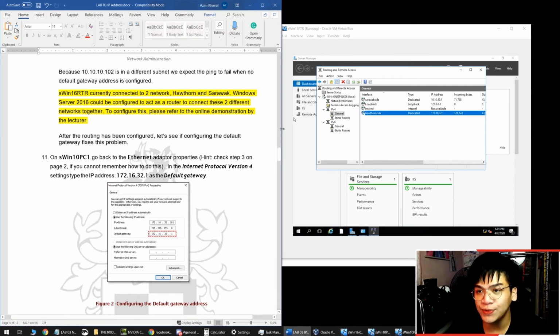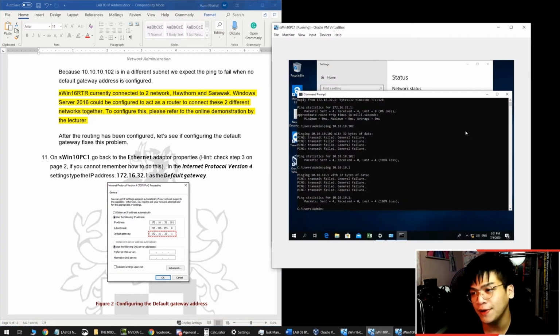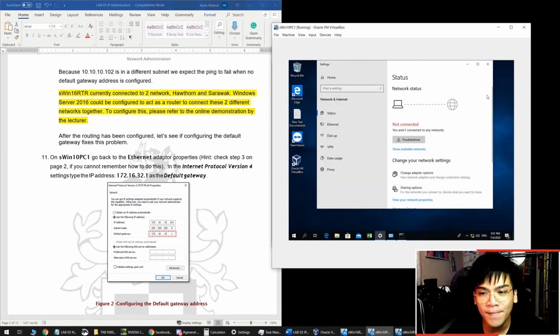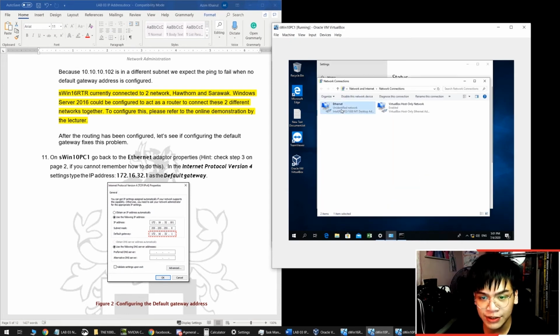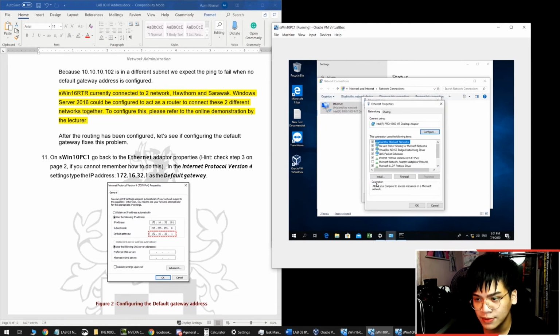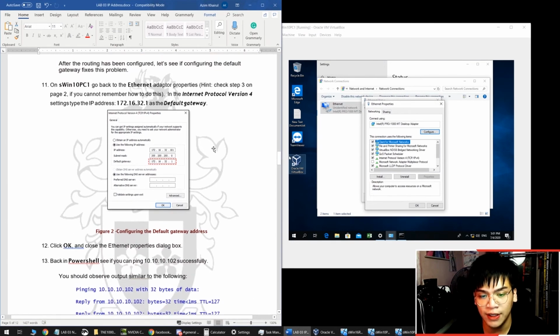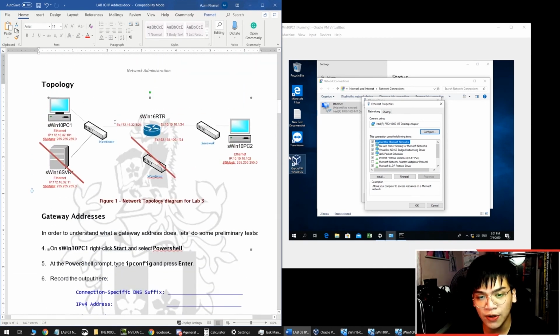Okay, on Swin PC1, make sure that you have your correct virtual machine. It says go to Internet Properties just now, adapter option, and change the default gateway. What is a default gateway? Default gateway is basically the address of your router